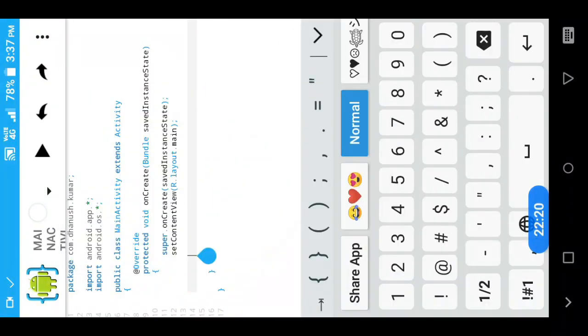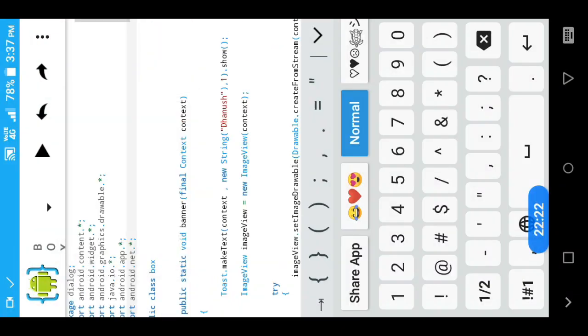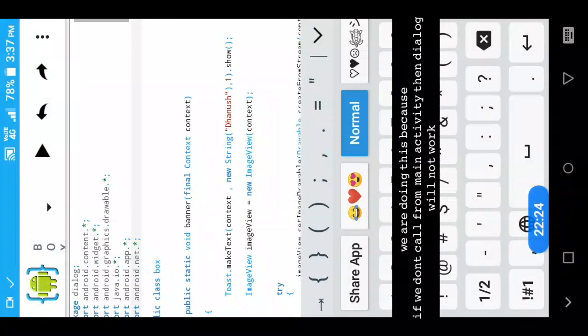Now we should call this code in the main activity. You should first know the name here, banner.